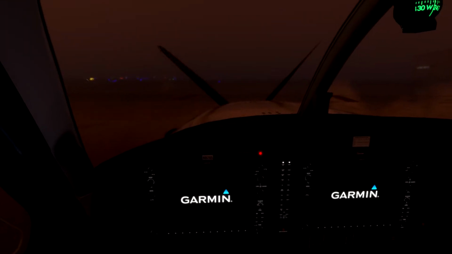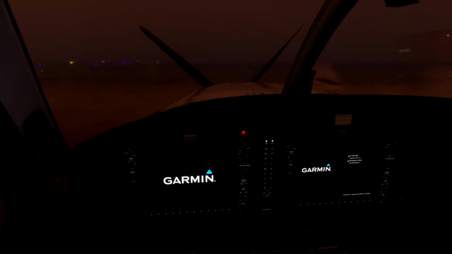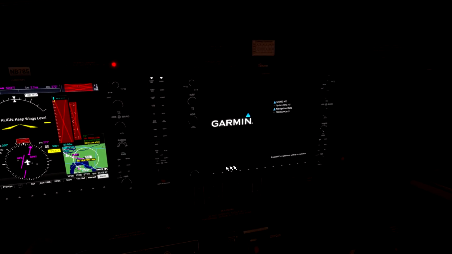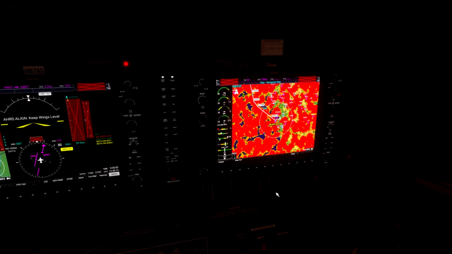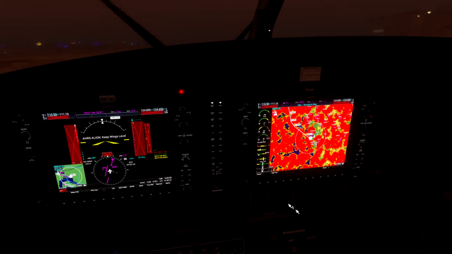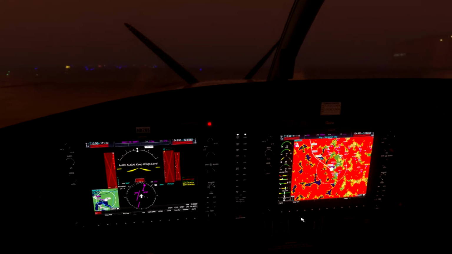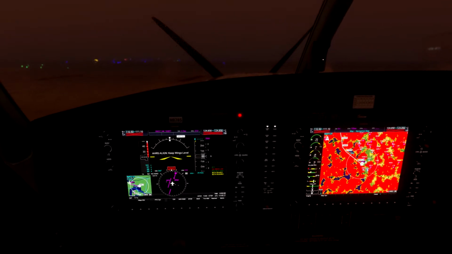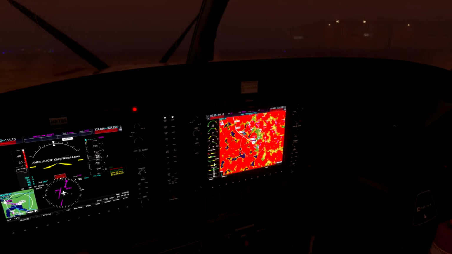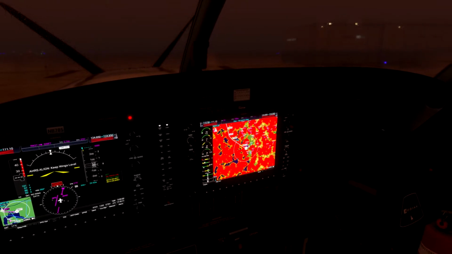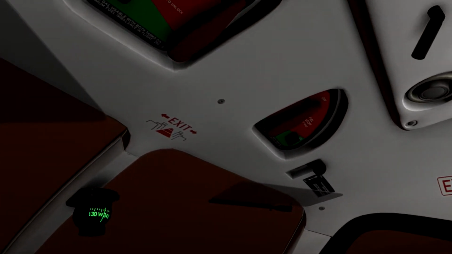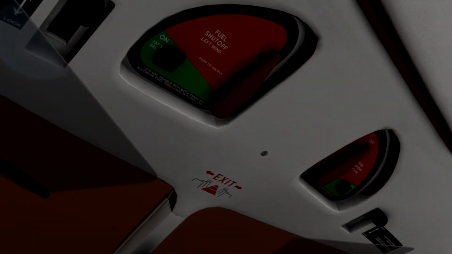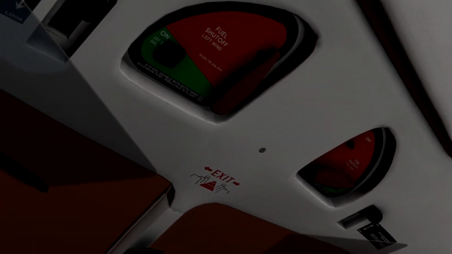Turn on our battery switch, wait for our Garmins to come up, and you can see we have a fairly strong storm in the vicinity, and so that makes for good IFR weather. So let's turn our interior lights on, see what we're doing. Get our fuel tanks turned on,